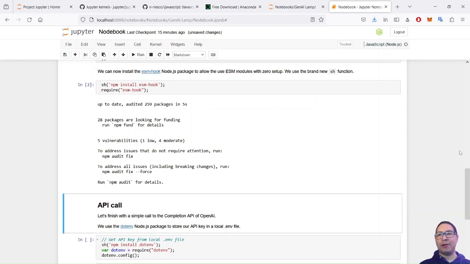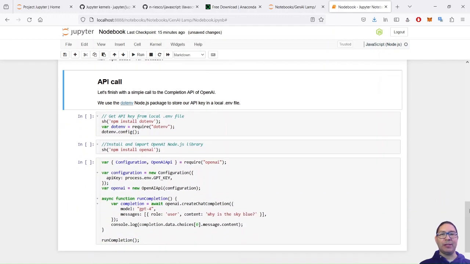We've installed all the prerequisites, so we now have a JavaScript kernel available in a notebook. We installed esm-hook, and I want to make an API call, let's say to OpenAI. The use and discovery of the OpenAI API is not the subject of this tutorial, and we'll go into further detail on how to run API calls in a new video. Here, I just want to illustrate it.